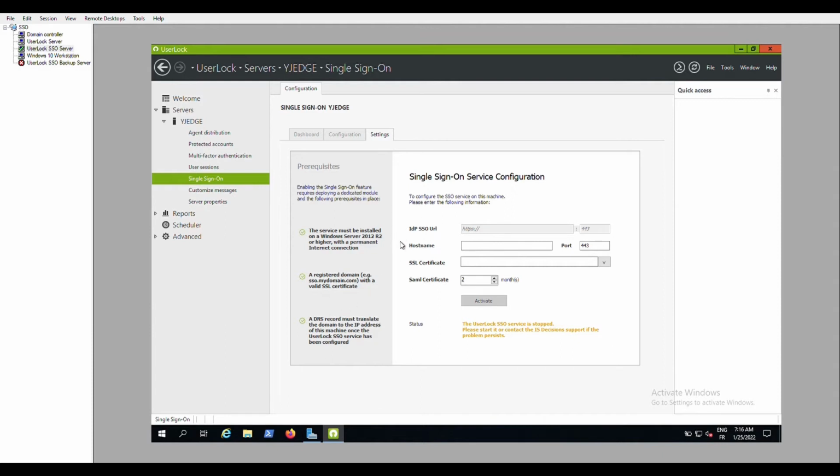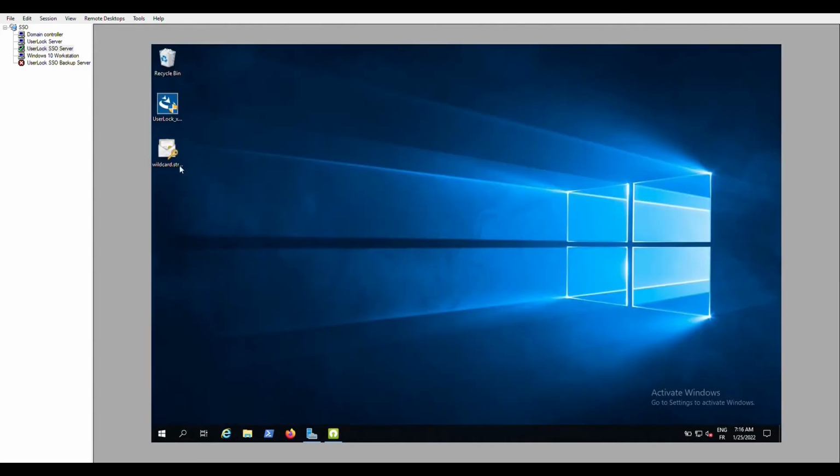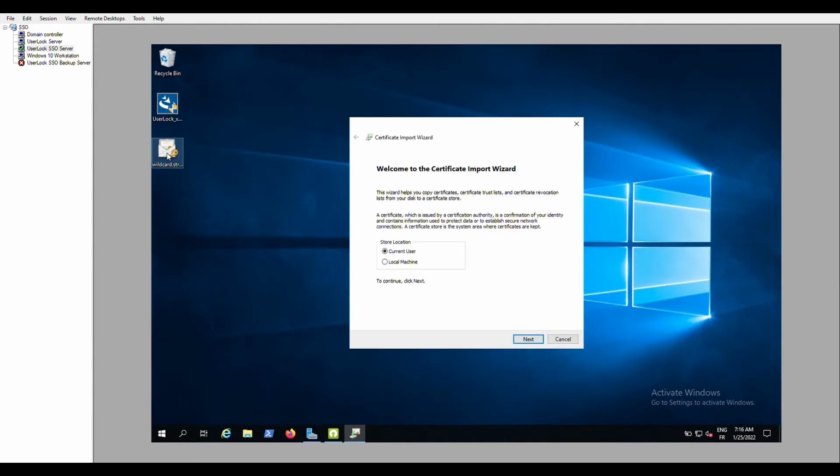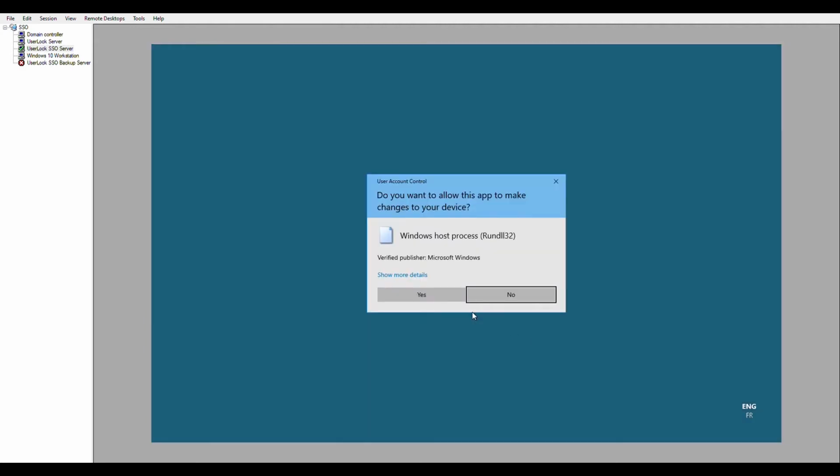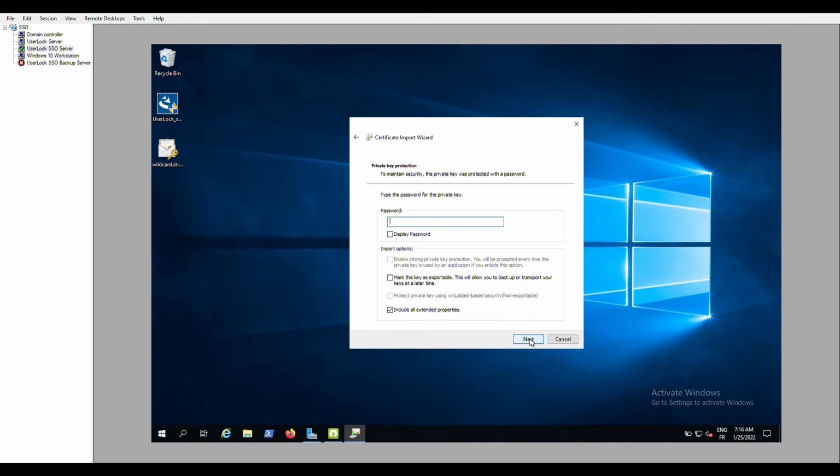Before I can configure the SSO settings, I need to install the SSL certificate on the machine. So here's my certificate. It's a Wizard certificate, and I'll install it on the store of my machine. Here you mark the key as exportable.